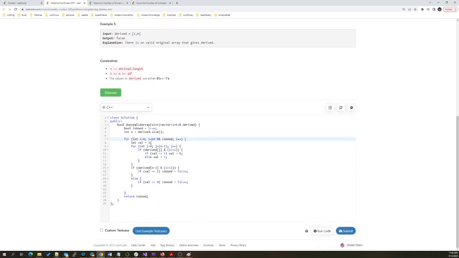And for each bit, we first of all, based on the derived numbers value, check whether the derived numbers bit is 1 or 0. If it is 1, then I change the bit value. If its previous is 1, then I change it to be 0. Otherwise, if previous is 0, I change it to be 1, and so on. And after this, I will check